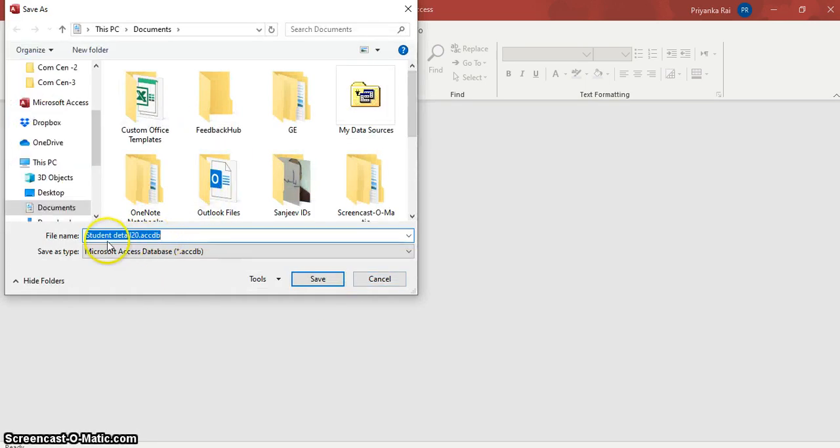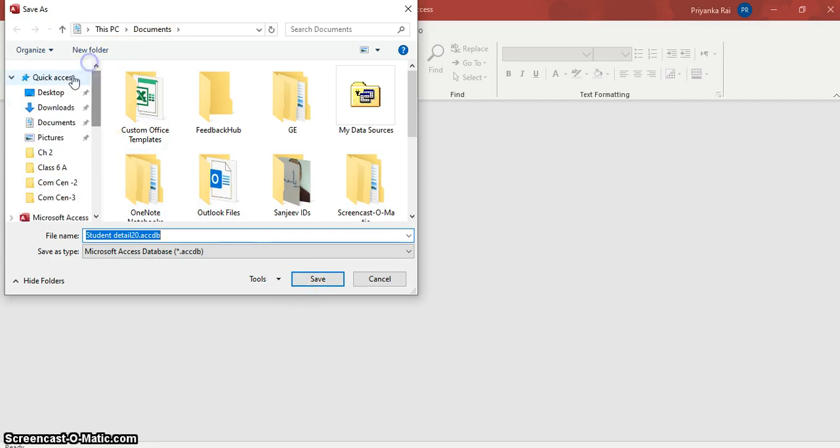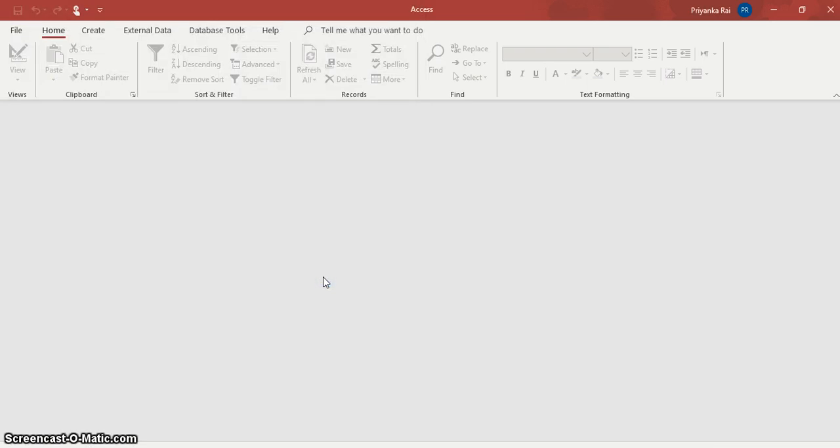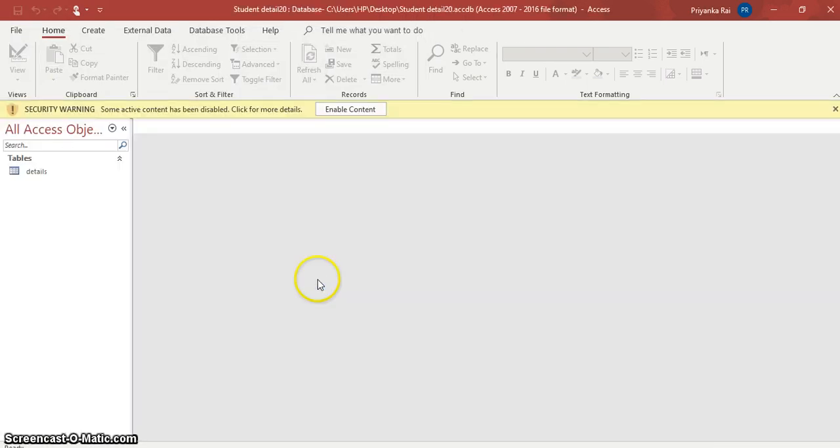It will ask the name. You can fill the name, you can specify the place, like I have given desktop, and I'll click on save. It will be automatically saved to the desktop.